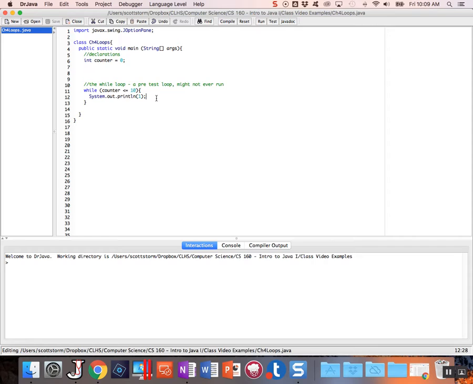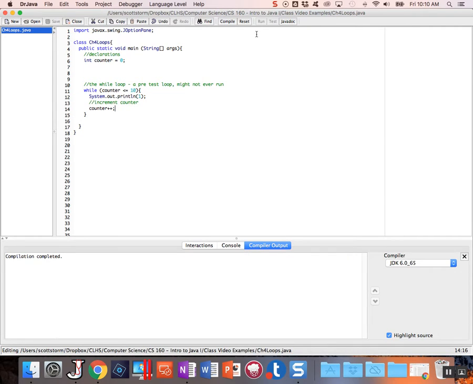This is what's called an incrementer. So I'm going to increment counter. And so now we're going to say counter plus plus. What that does is, each time we go through the loop, and that's called an iteration, each time we iterate through the loop, counter is going to increase by 1. So now let's watch it. If we compile and press run,